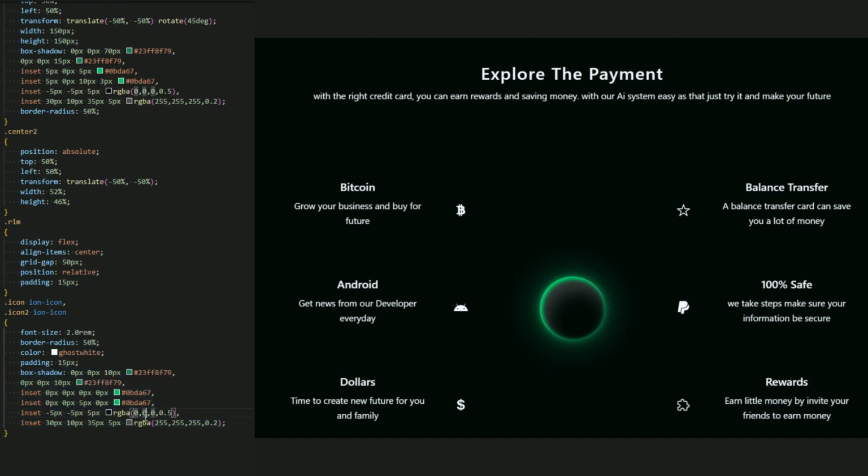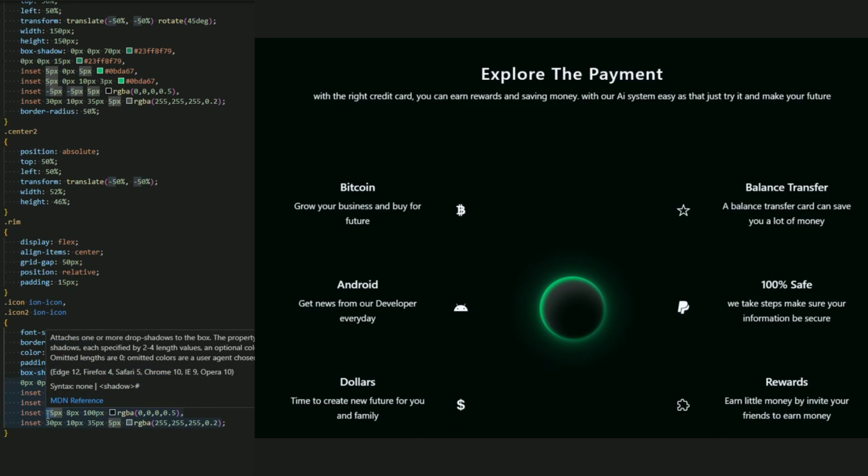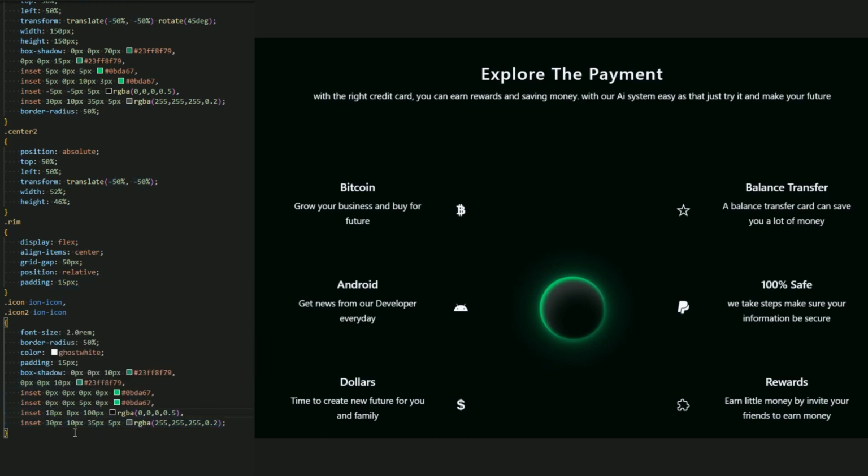Let me add this a 0 pixel, and this be just 5 pixel for this inset of this color. And for this RGB 100, I think, yes, 100 pixel, 8% and 18% of this. Okay, I'm sorry, 100 pixel, 8 pixel and 18 pixel.